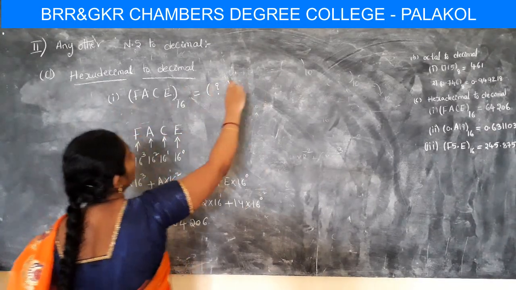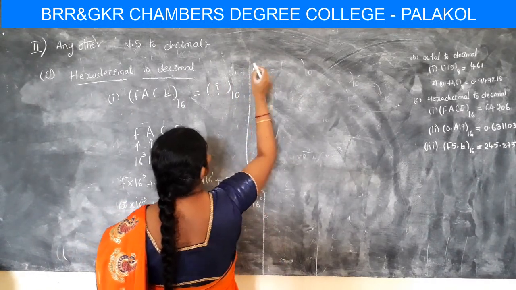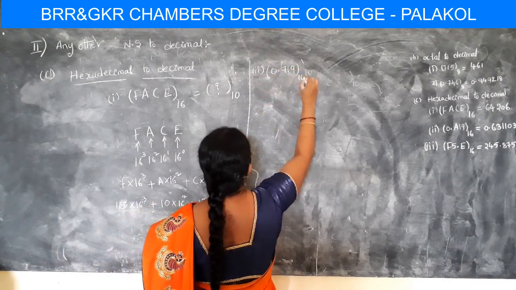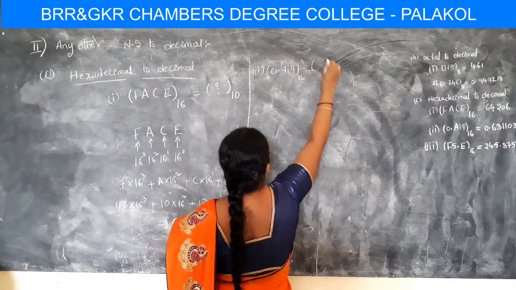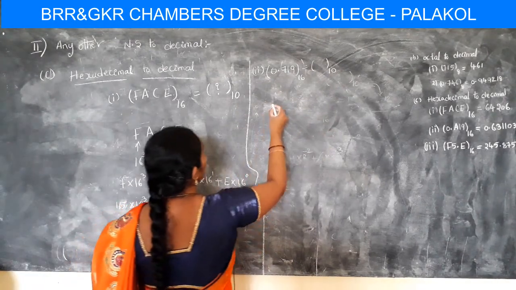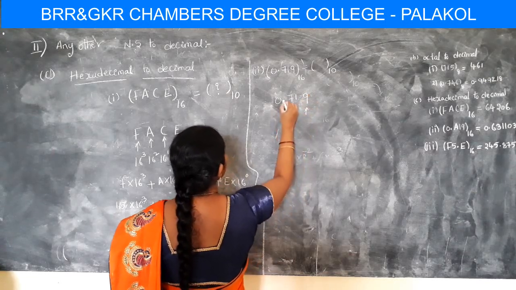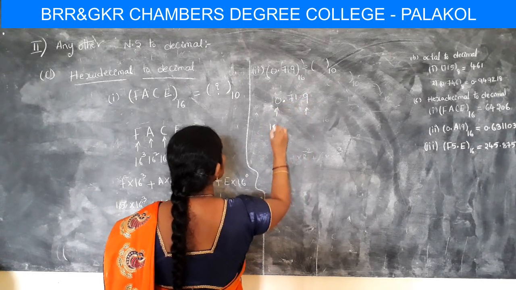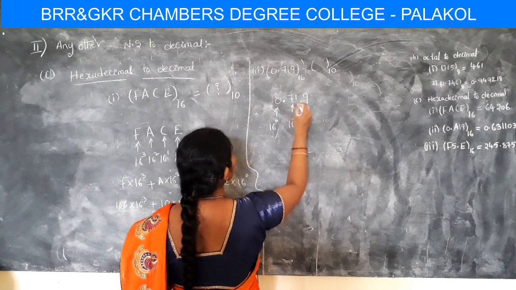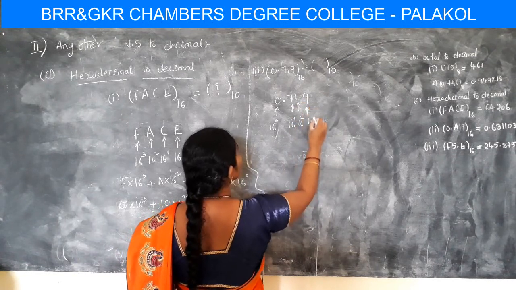Okay, so next I will consider another example. This is question number 1 and another question is question number 2, that is 0.719. It is a hexadecimal value, and this hexadecimal value is converted into a decimal value. So how to do this operation? Here there is a decimal point, therefore it is 16 power 0, and this is 16 power minus 1, this is 16 power minus 2 and this is 16 power minus 3.